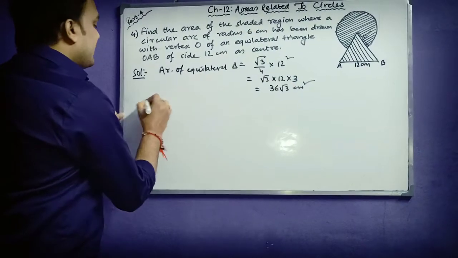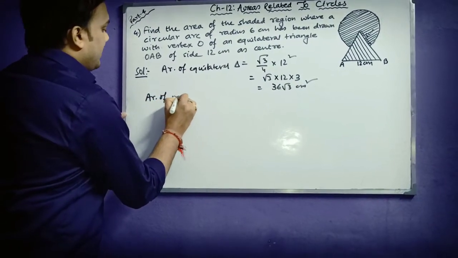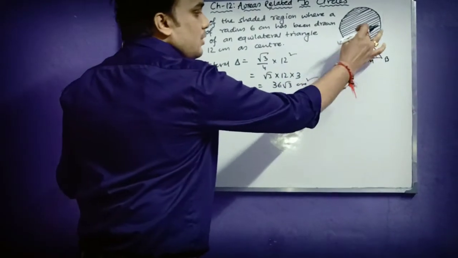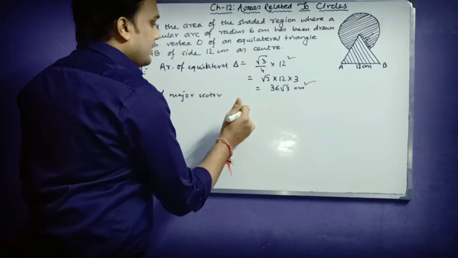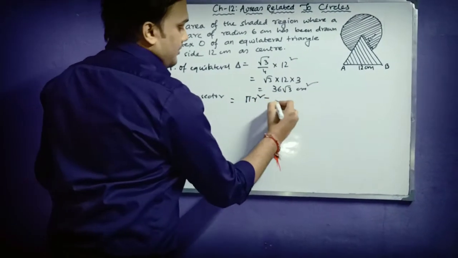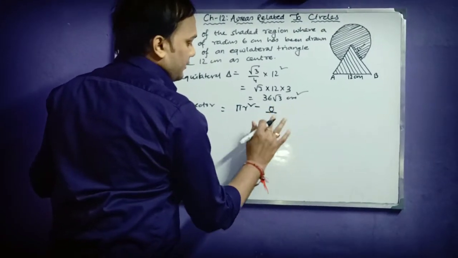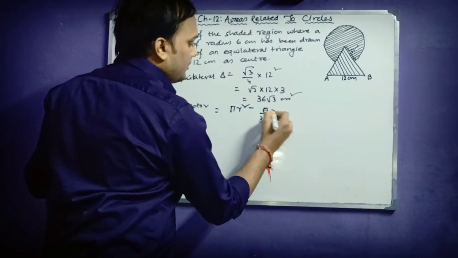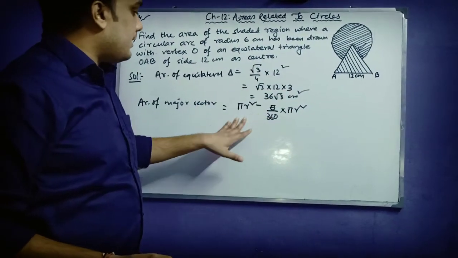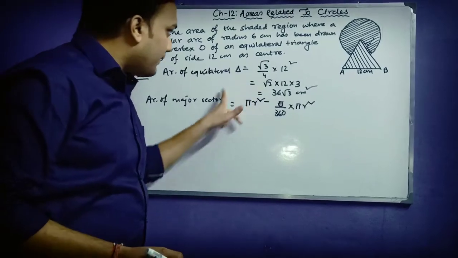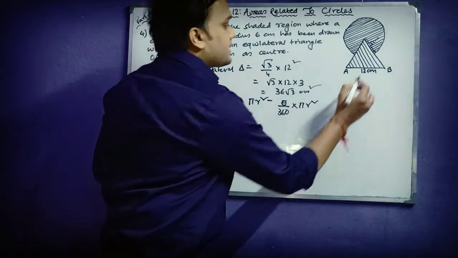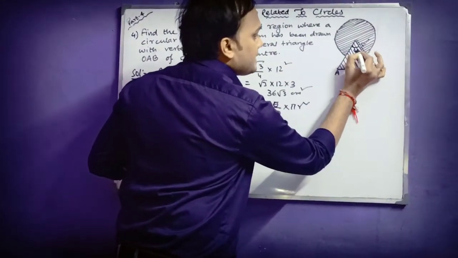Alright, what will be the area of the major sector? You can say it is a major sector because this small minor sector is absent here. So what will be the area of that major sector? It will be equal to the total area of the circle, pi r square, minus the area of the minor sector, theta by 360 into pi r square. I could have directly found it also, but I am finding it this way, that is the area of the complete circle pi r square minus theta by 360 into pi r square. Theta is this angle. Okay, this is the theta here.